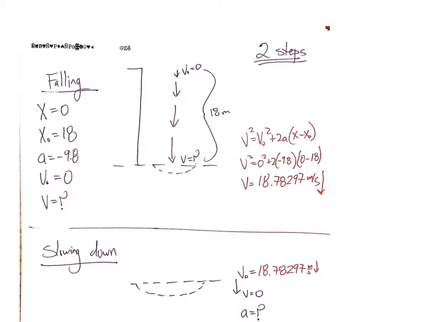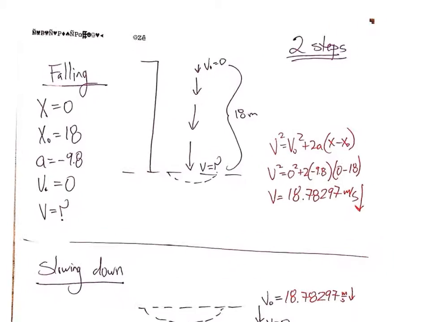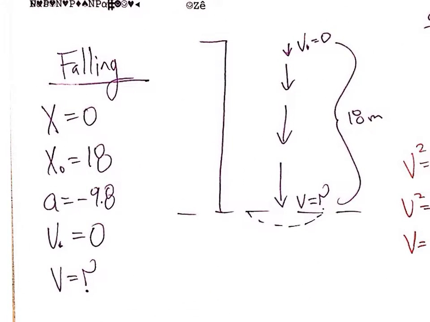So here's my diagram. They're falling 18 meters. I will zoom in. We have these arrows to indicate the person's speeding up. I have this as kind of the 0 point, and then this to remind me that she'll be slowed down by this net. Okay. At the top, so initial velocity, she's just stepping out of the window, and so her